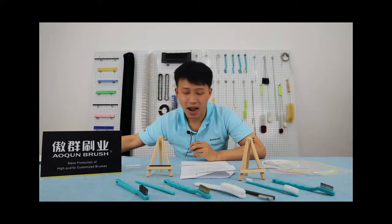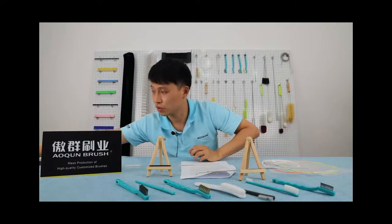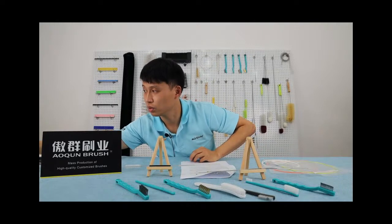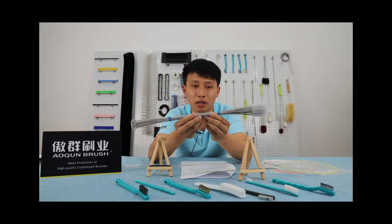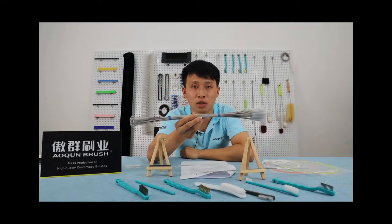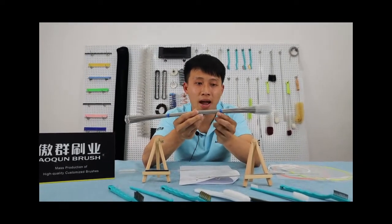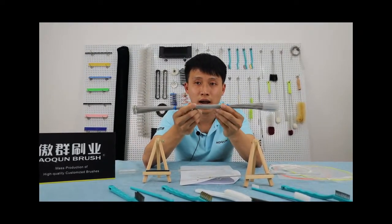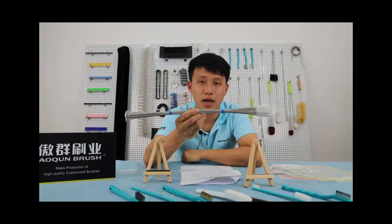And regarding the package of our medical or surgical brush, I will show you some samples first. First, we can pack the brushes according to the customer's requirement about the quantity. And we use rubber bands or twist ties to tie them together as the customer requires. And then